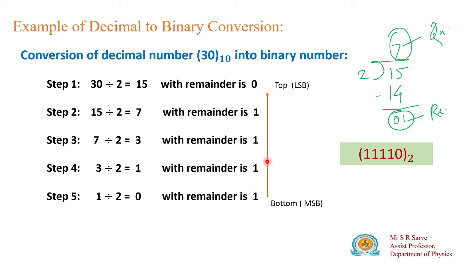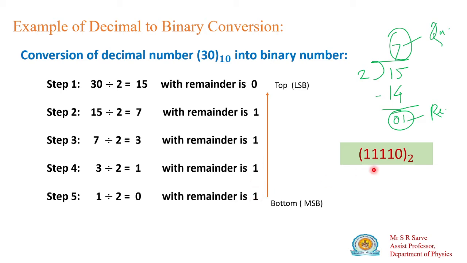एंड देन हाउ टू राइट द बाइनरी नंबर? राइट द बाइनरी नंबर फ्रॉम बॉटम टू द टॉप. मतलब जब क्वोशंट 0 आएगा उस वक्त जो रिमाइंडर आएगा वो रहेगा आपका मोस्ट सिग्निफिकेंट बिट. इसीलिए आपको कहाँ से लिखना है? नंबर लिखते वक्त बॉटम से अपवर्ड के डायरेक्शन में बाइनरी नंबर लिखना है.